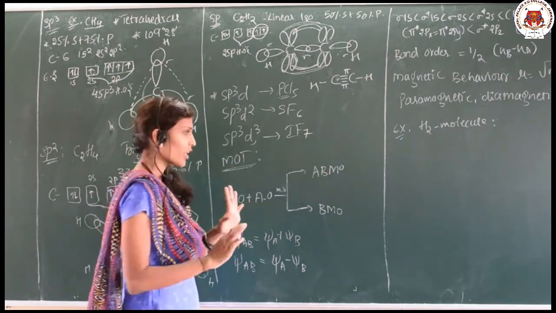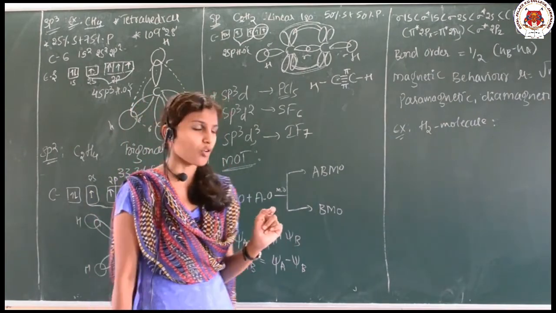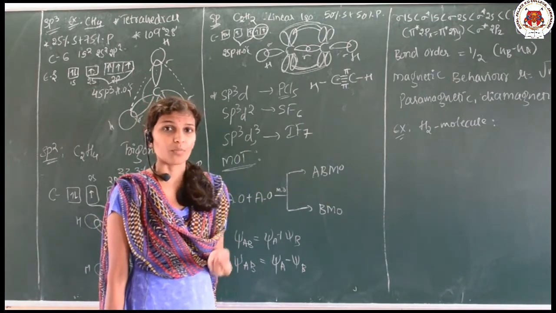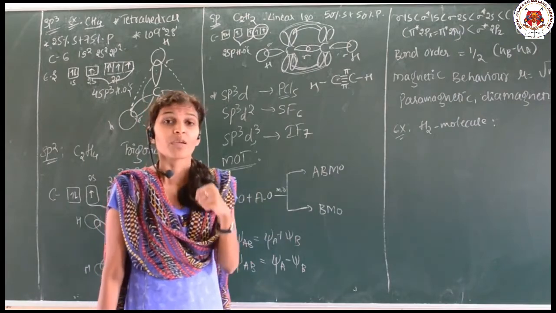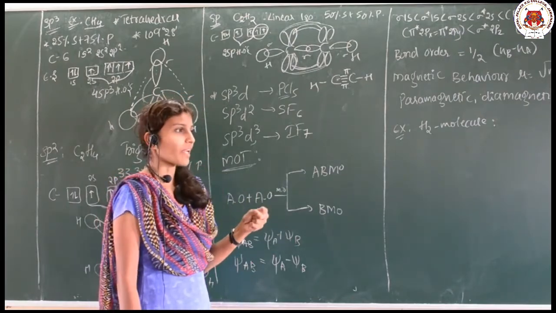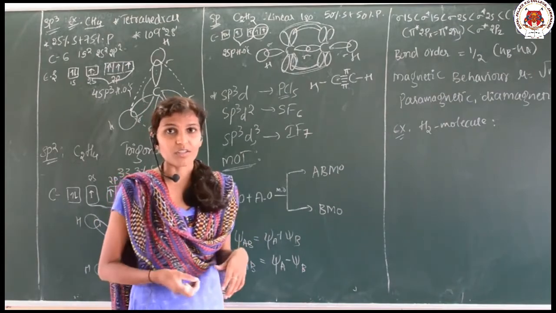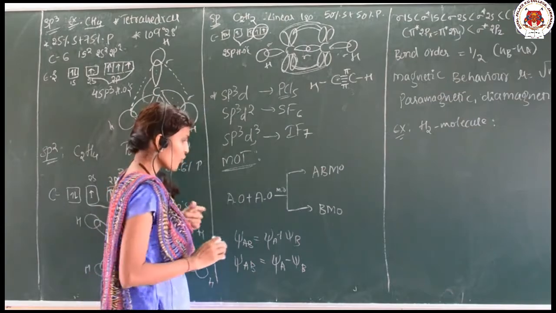It is a very important theory. Molecular orbital theory means let us go for the molecular orbital. What is the molecular orbital? A molecular orbital is the orbital where there is a maximum probability of finding the electron, that is, the availability of the electron will be maximum. Okay. So, here let us go for the concept.